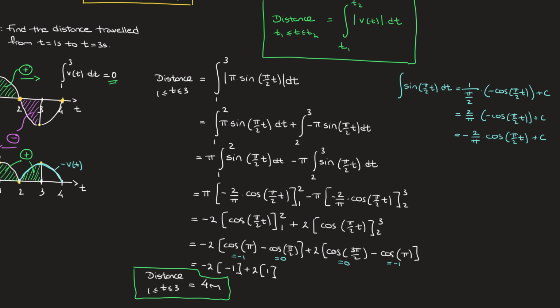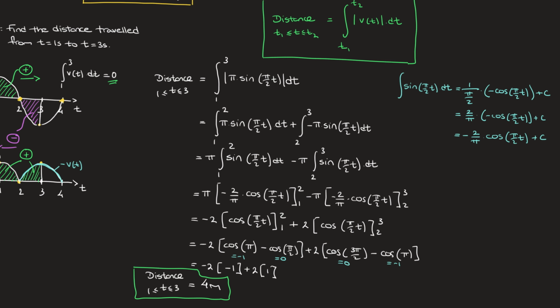So quite often in exam questions, these distance problems tend to be for calculator papers. So I would suggest making sure that you know how to use the absolute value on your calculator. That being said though, just to finish, we found that the distance traveled between t equals 1 and 3 is 4 meters,